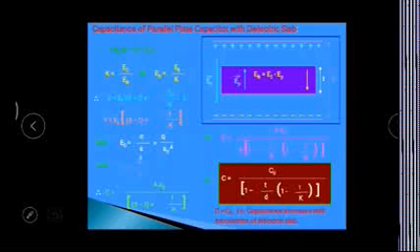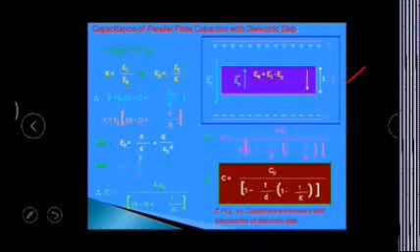For this, we take this parallel plate capacitor, and a dielectric slab of thickness T is placed here. E0 is the electric field in presence of vacuum, and EP is the electric field due to polarization of this dielectric slab. So the net electric field En is equal to E0 minus EP, that is, it reduces, and we can also write this En as E0 by K, that is, the electric field reduces by dielectric constant times. So the more the dielectric constant, the more the decrease in electric field.